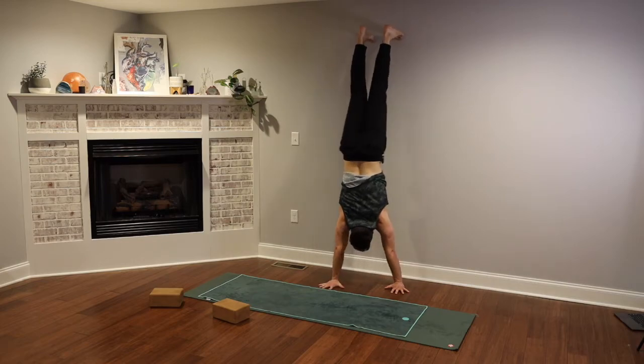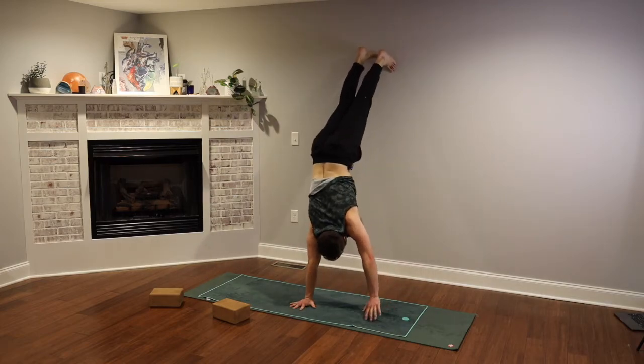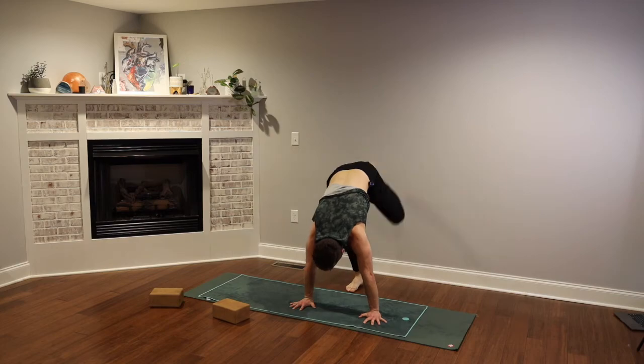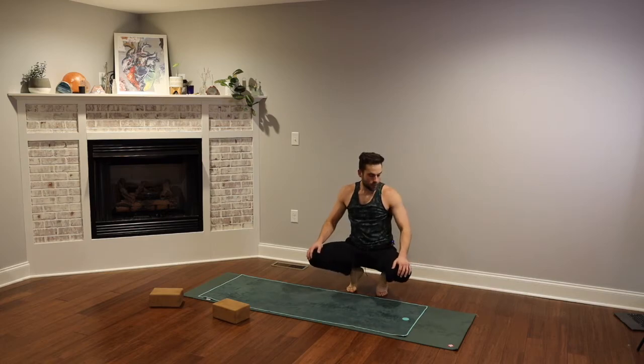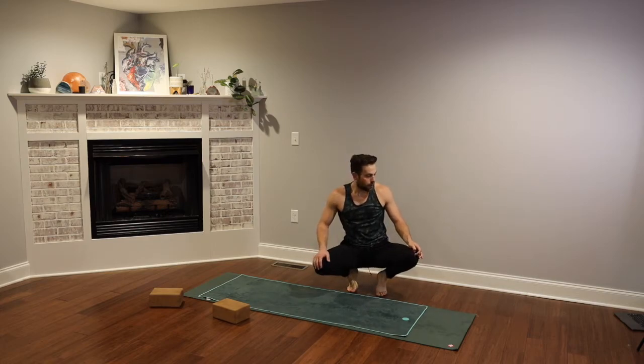Now, as you progress, you might find that variation with the nose, chest, toes very difficult. So please, just work into it, working your hands closer and closer to the wall as you find more strength and comfort. So go ahead and get into an inversion if you haven't done so already. I'll keep the timer going for about another 1.5 minutes